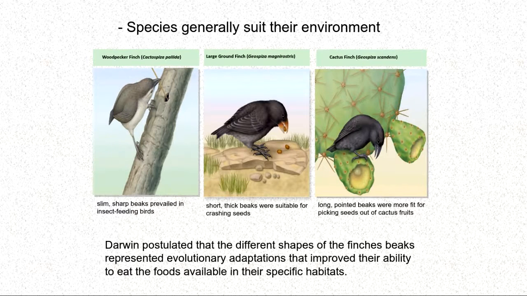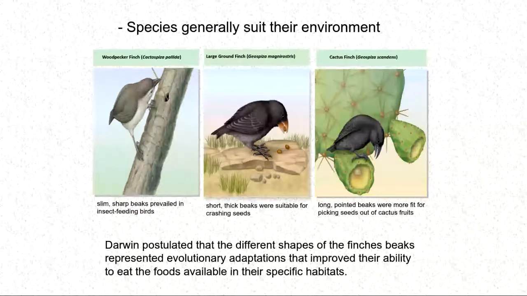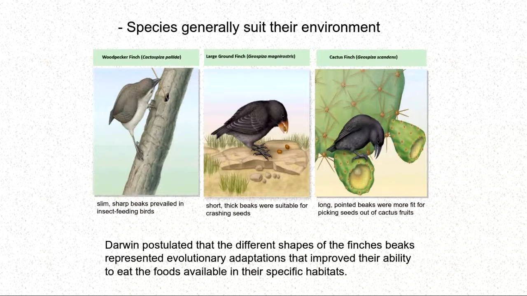which means it is able to prevail in insect feeding. The second one has a short, thick beak, which is very suitable for crushing seeds. The third one has a long pointed beak, which is more